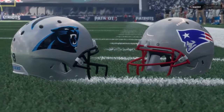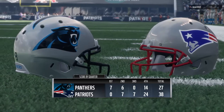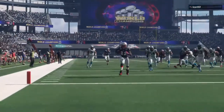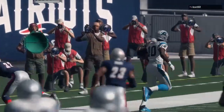So for the Pats, it took a few weeks, but they finally get their first one of the season here in Week 4. And they will hit the road next week to take on the Tampa Bay Buccaneers. Meanwhile, for the Panthers, they too will leave here at 1-3. And they'll look to get back on track next week as they travel up to Detroit to take on